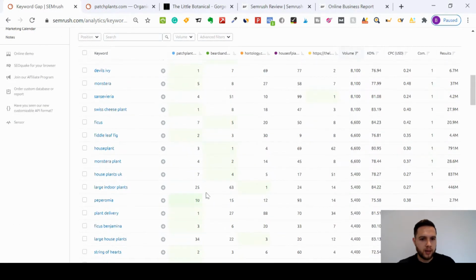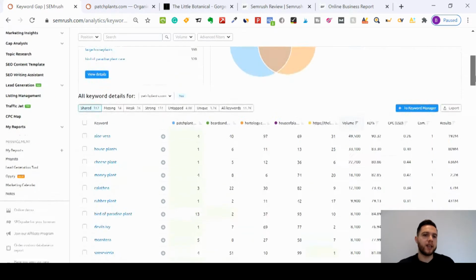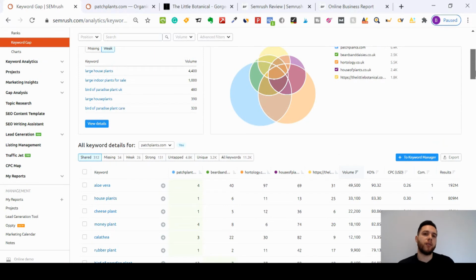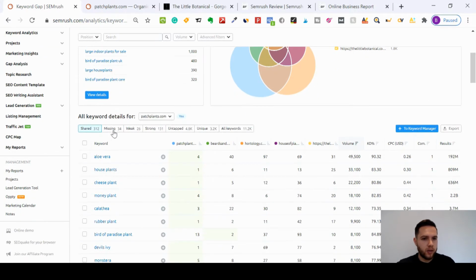So here, large indoor plants, we're ranking 25, where some of our competitors are ranking number 1. So we're not doing too well compared to them here. So we could build some content or make a new page, work on our backlinks to a page based on large indoor plants, so we can start outranking our competitors and making extra profit. Then you've got the missing feature. So if you click here,